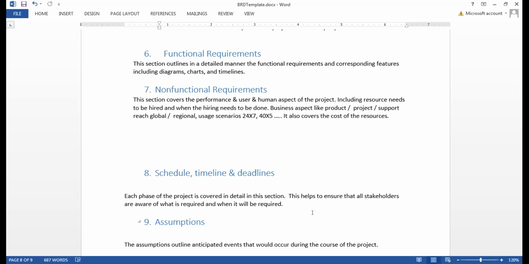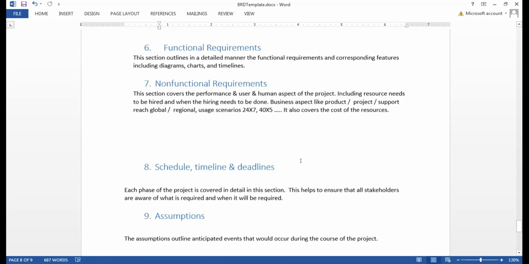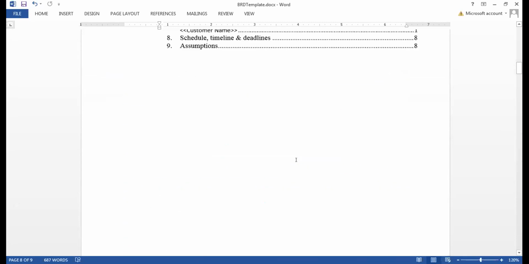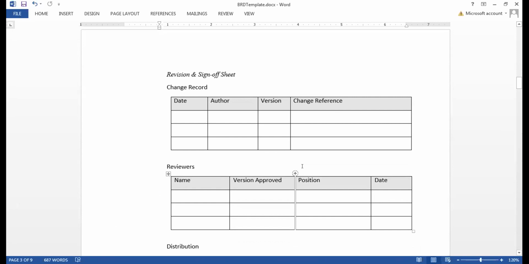Assumptions, normally 99% we don't get assumptions in the BRD. Okay, normally 80 to 85% we get BRDs as an email with a bulleted point. Does that make it clear? Do you have any confusion? I'm good. Anybody have any questions for me? No, sir.